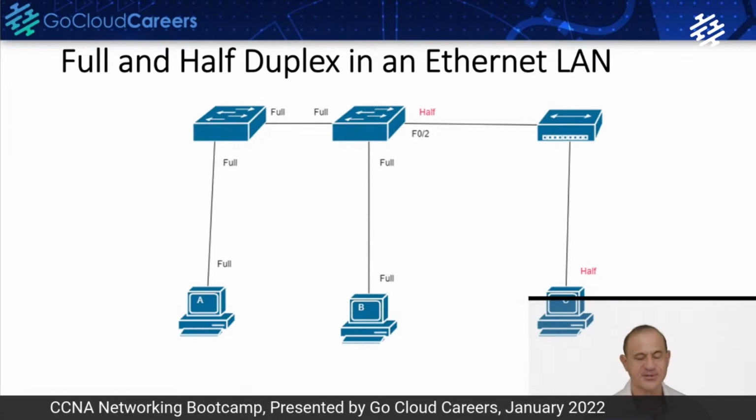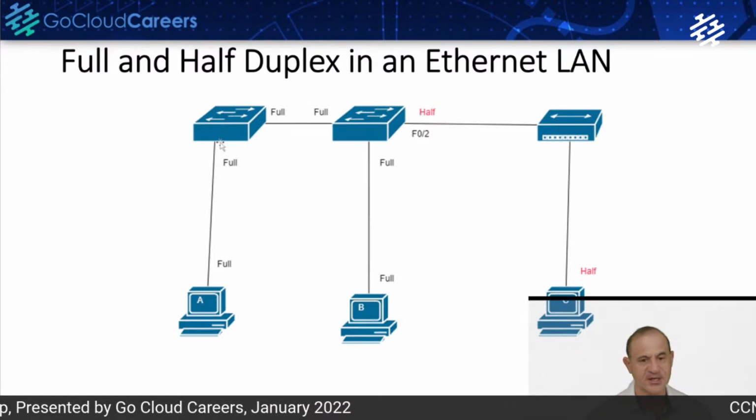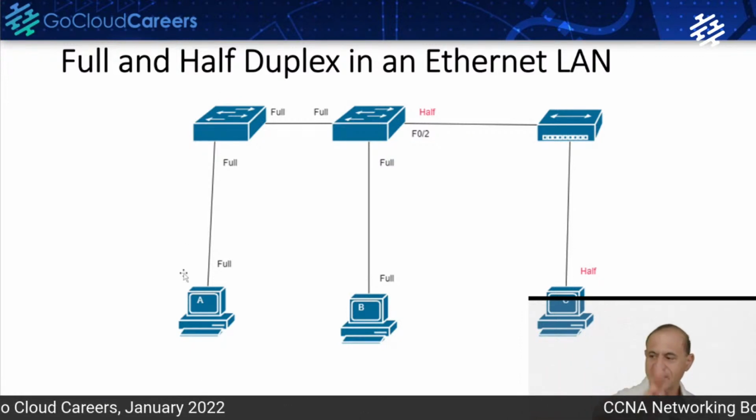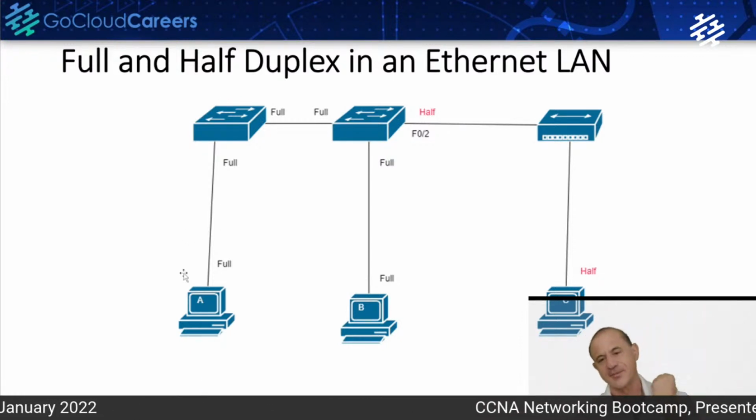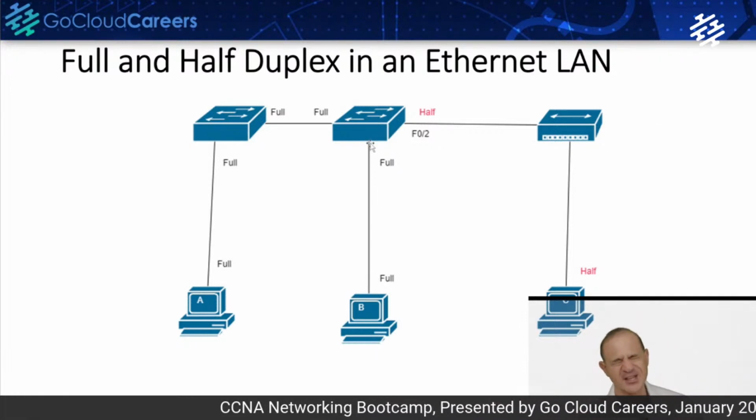Now, by comparison, this is full duplex. Because it's full duplex, this person can send, and a switch can send and receive, can send at 100 megabits per second and receive at 100 megabits per second. This is great. Now, this device can send at 100 megabits and then